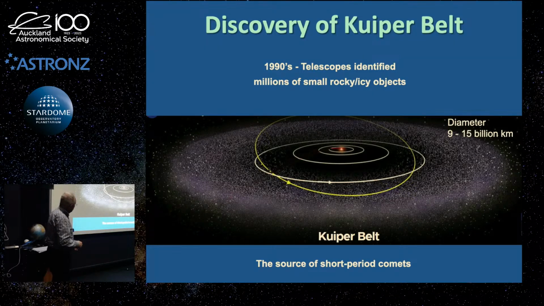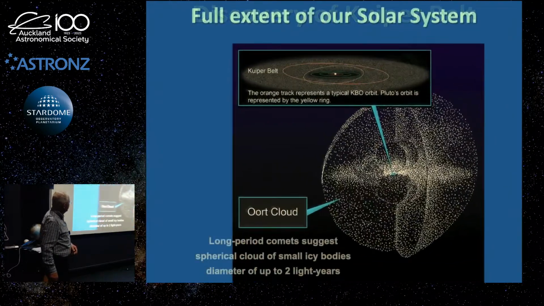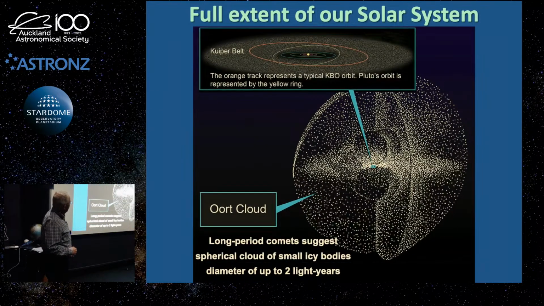So they concluded most likely these short period comets are coming from this Kuiper belt. So how about the long period comets? Where are they coming from? So there's a hypothesized area of rocky ice objects known as the Oort cloud, a big, spherical complex around the solar system where millions and millions of these icy objects are, and this is most likely where these long period comets are coming from.